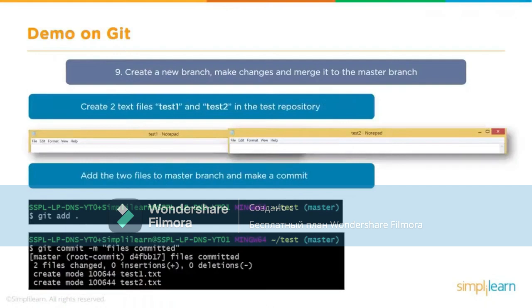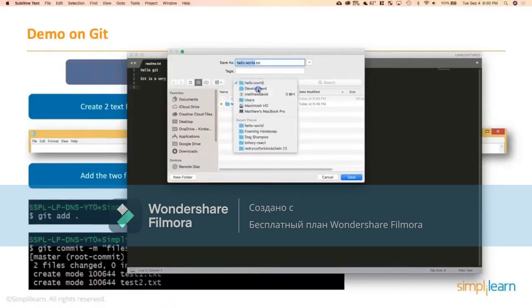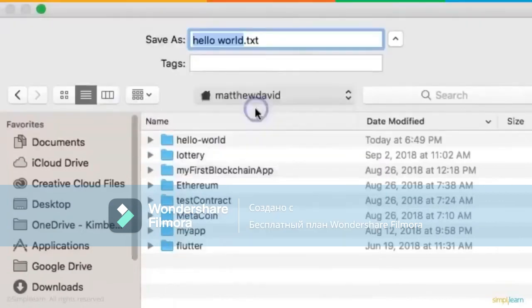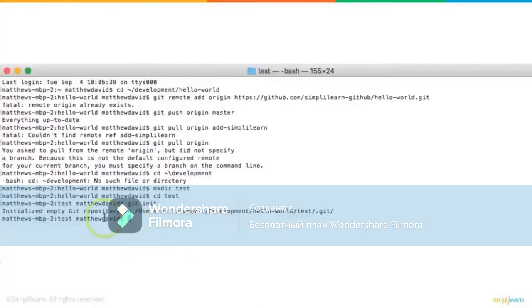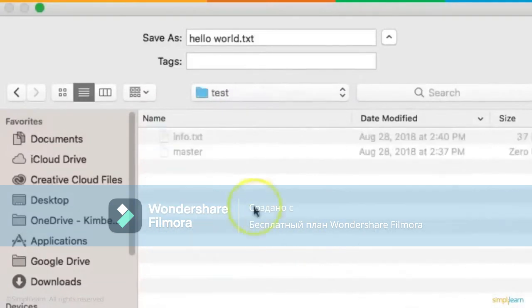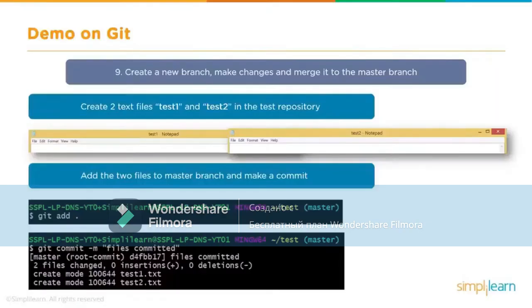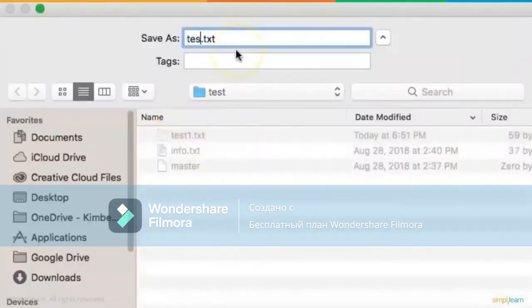And we're going to move some files into that test folder. Call this one test1, and then we're going to do file save as, and this one's going to be test2,